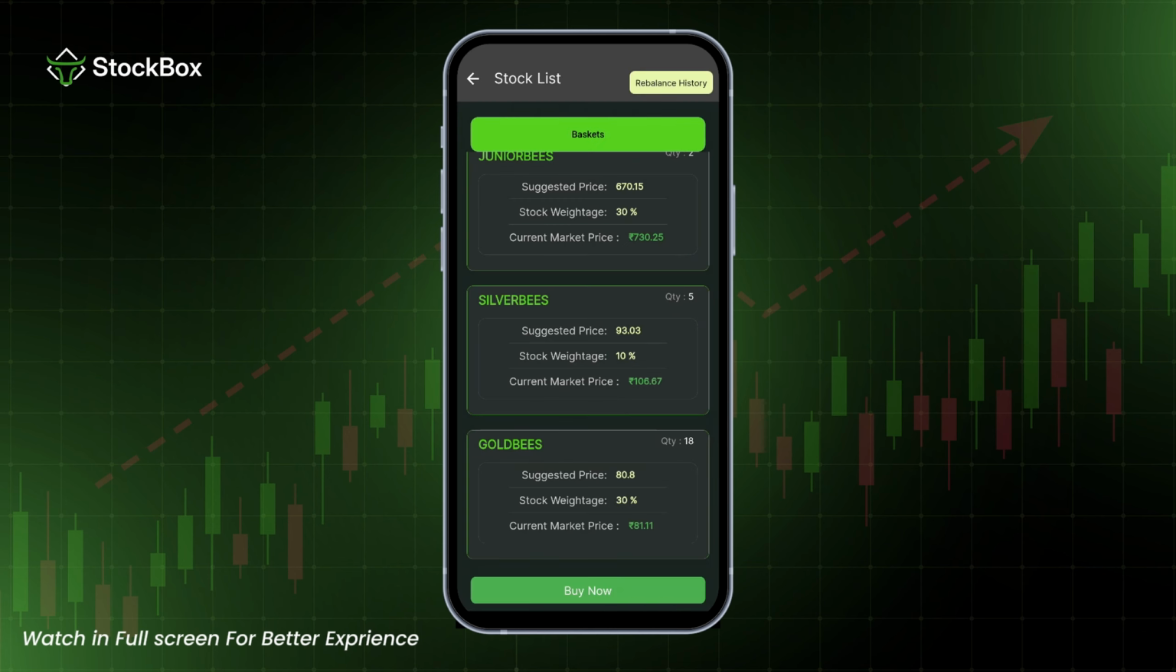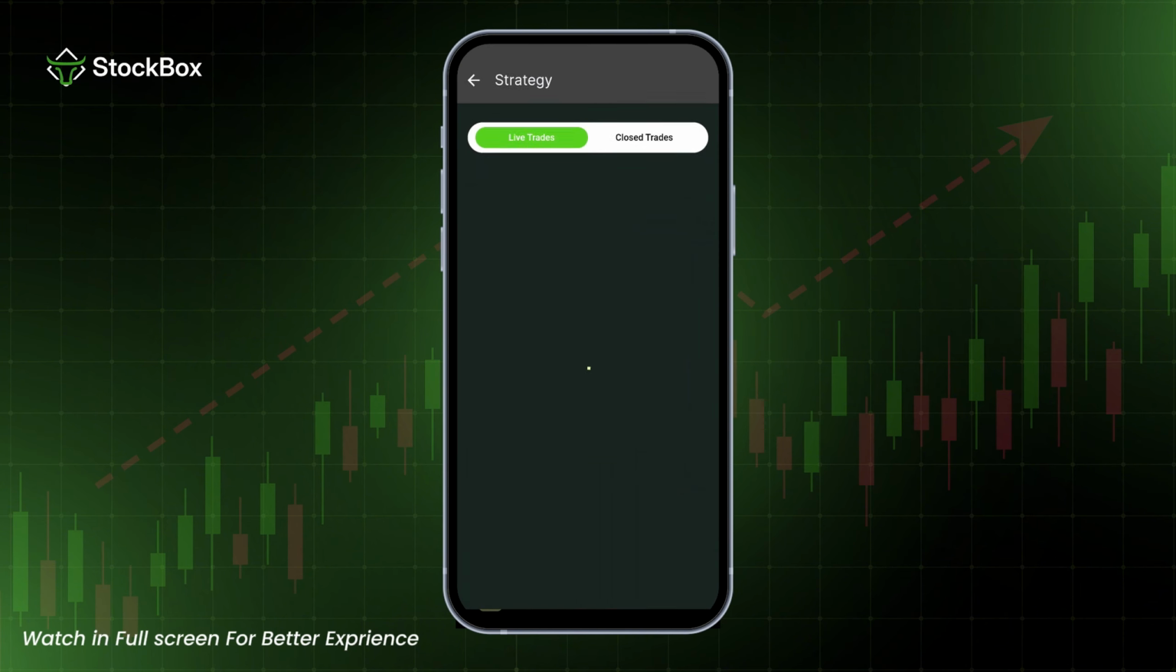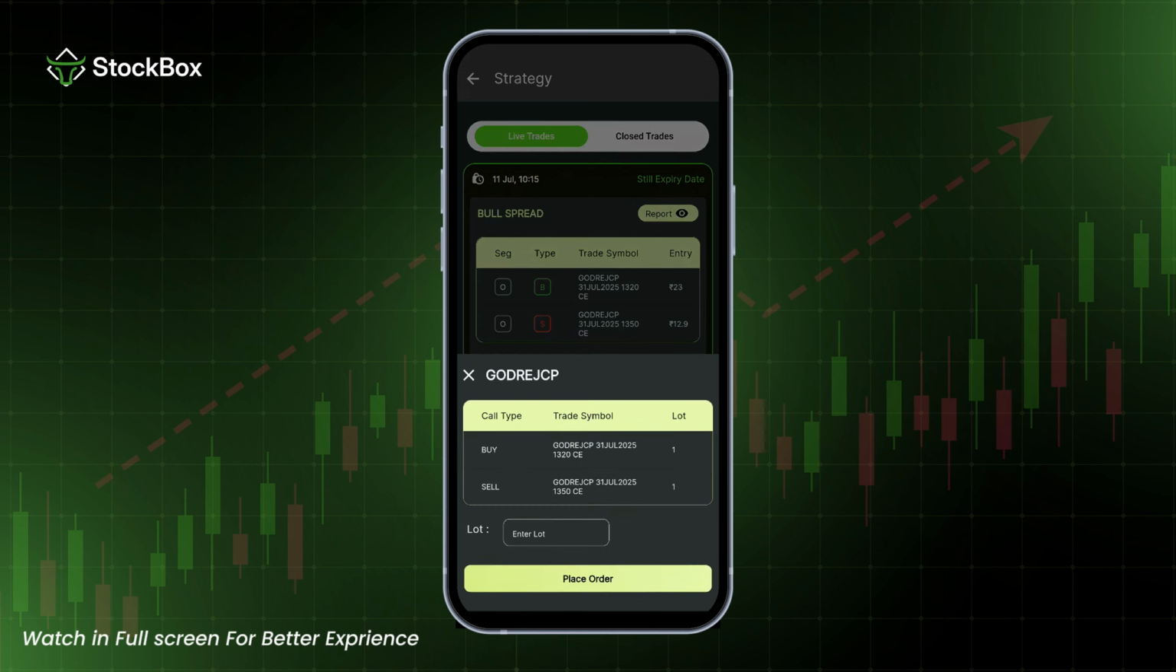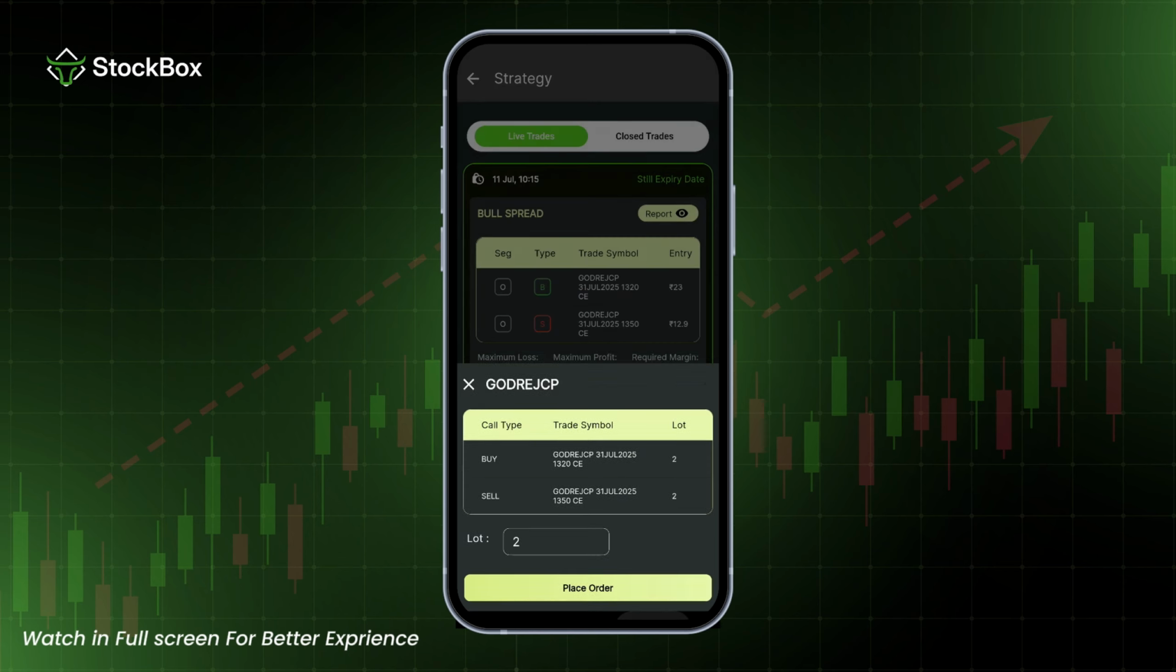Now, how does that work? Let's go back to the home screen. For the trades, for the baskets, and for the strategies, if you just click on place order, you have to put lots. Let's say I want to buy 2 lots. I just click on place order, and if my broker is connected to the StockBox application, it will automatically buy